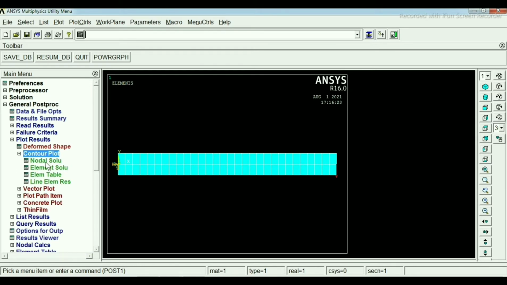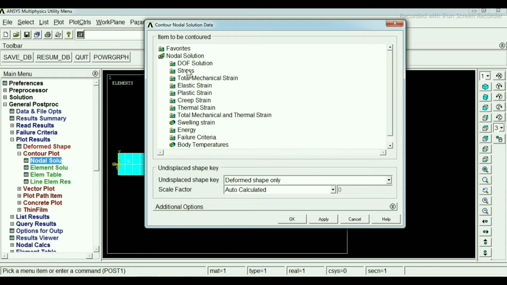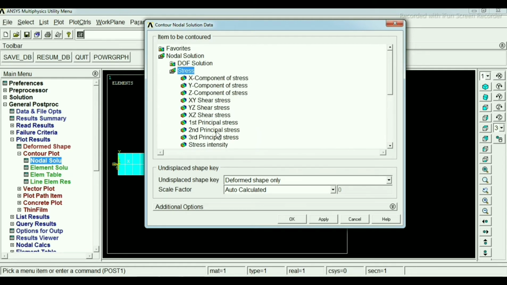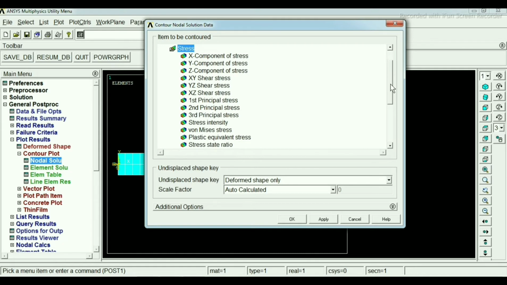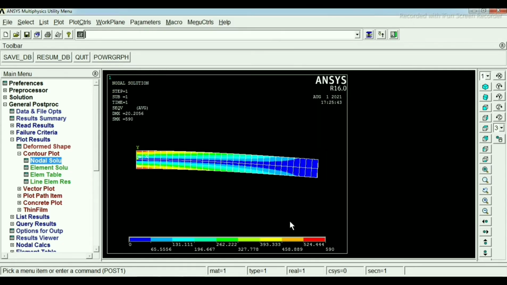This is the contour plot, and then click on Nodal Solution. In nodal solution you will check for these options. If you want to see the stresses, click on Stress, and here there is the option von Mises stress. Click on this, and then click OK.